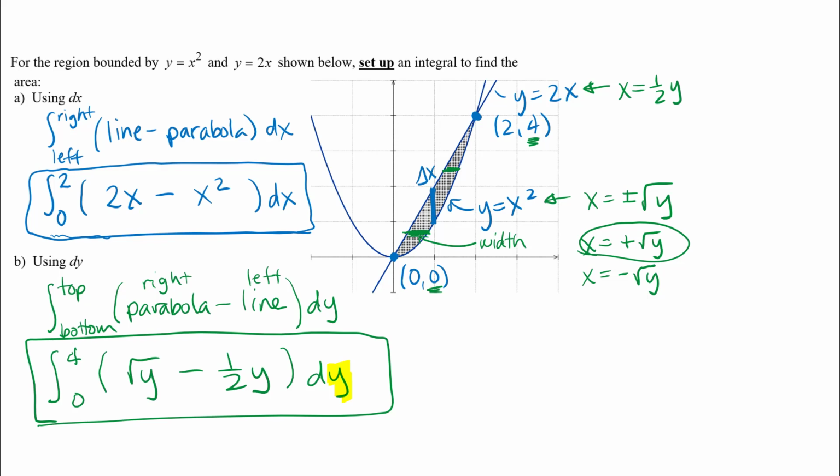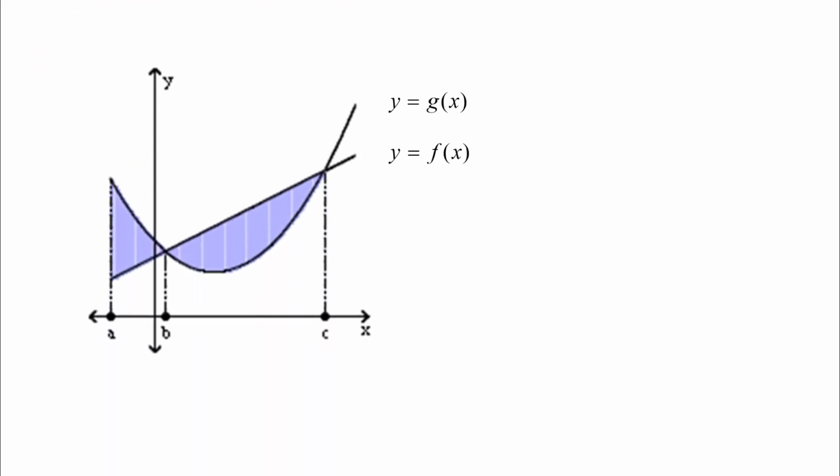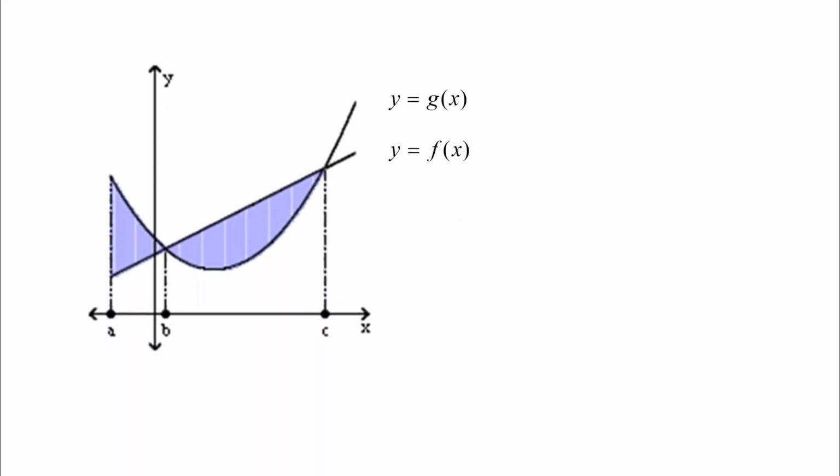Okay, we're going to look at one more quick little picture here and just think about a region like this. So this one is a region that I would definitely want to use a dx integral to set this up. The dy integral wouldn't be great here because I have different boundaries in a lot of different parts of the region. But one important thing is that if I think about setting this up with little vertical strip rectangles here, so that the width of my rectangles is delta x, one important thing to notice is that on one part